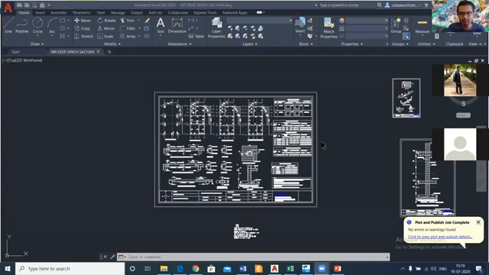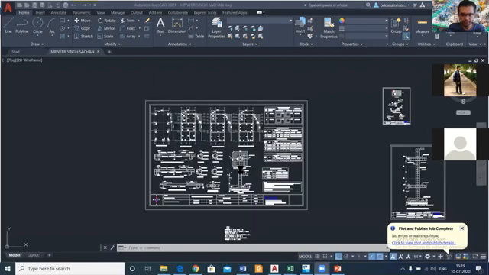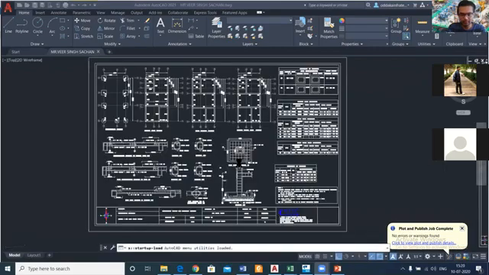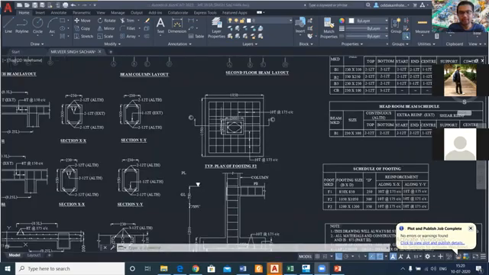Okay, so as you can see here, this is your footing. This is a footing size, and this is a typical plan of the footing.